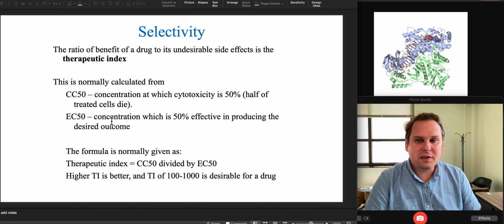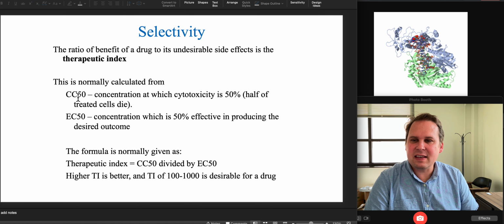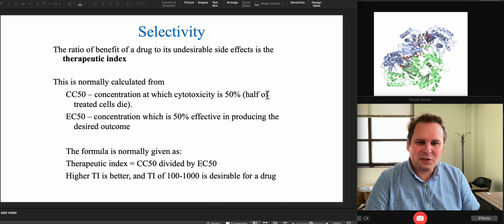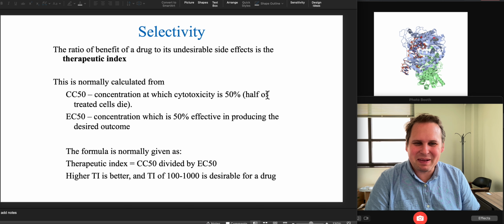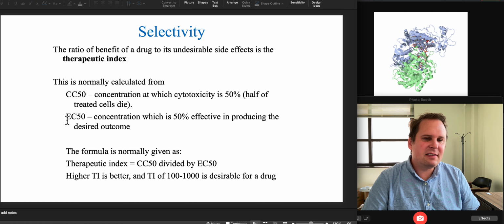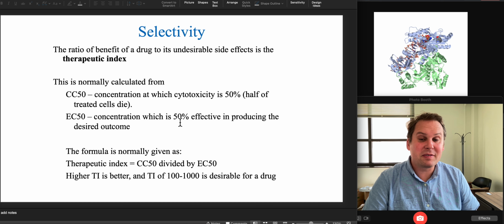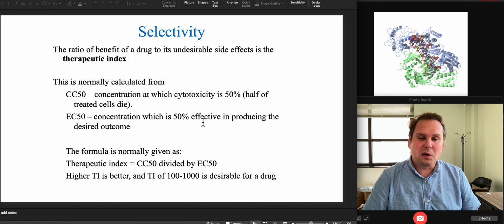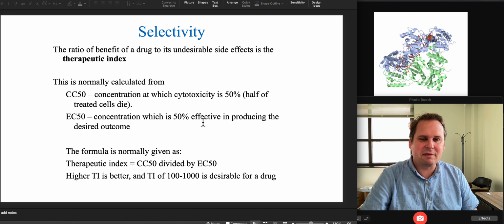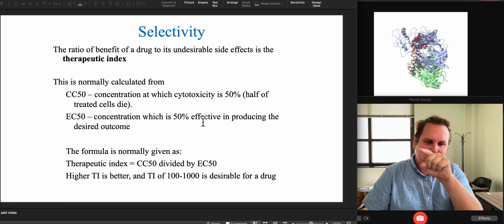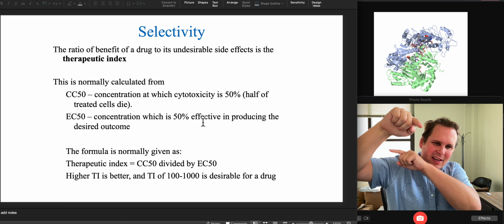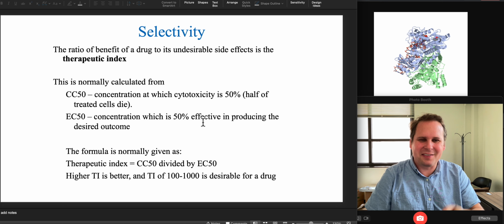And so to do this, you figure out two numbers, and you've got the CC50, which is the cytotoxic concentration, 50%, the point at which you have killed half of the cells on the plate, just as a number to use. And then you'll get the EC50, a common one, which is the 50% effective concentration. So if you were going to produce 100 viruses, this is the exact amount of drug where you only produce 50 viruses. And to do this, you do a standard curve. You do different amounts of drug, and then you can draw a line between them, and you can calculate where 50% would be and what concentration that would be.